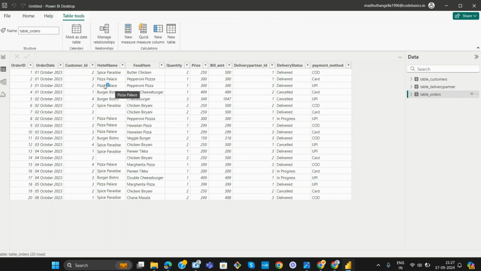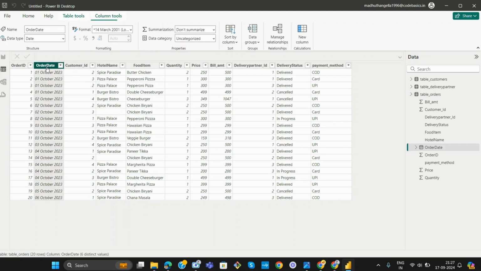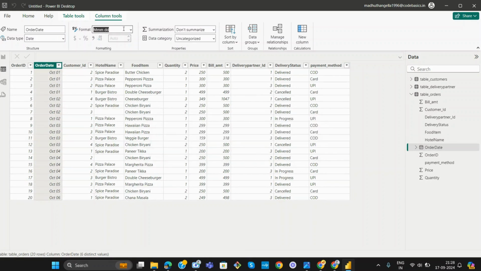Then you can see this is our order date, right? But if you would like to see only the month and day, you can make a transformation by giving the format MMM and DDD. So you will be able to see only October, the month, and the day of the date. This is one kind of data transformation.